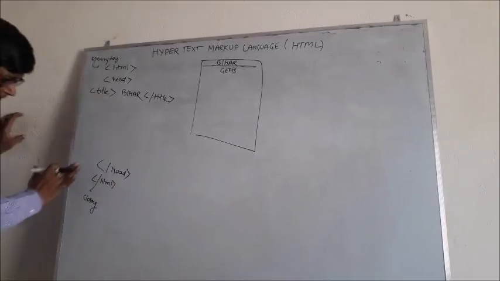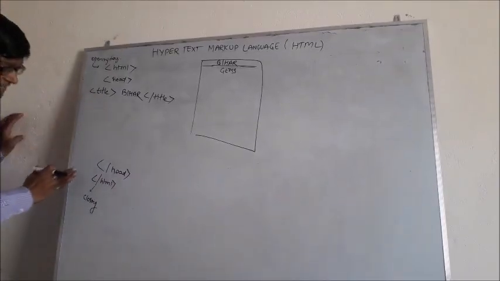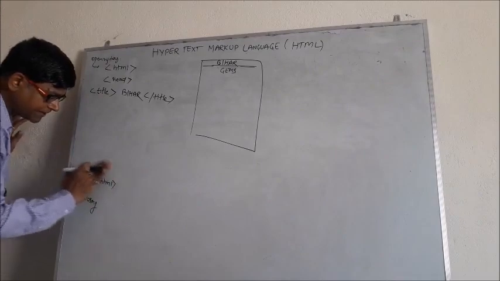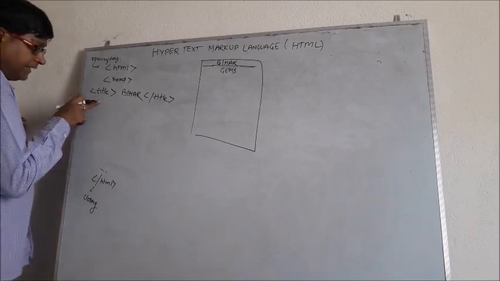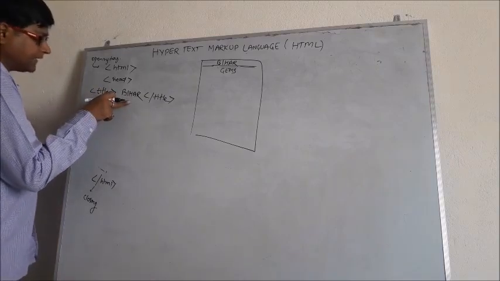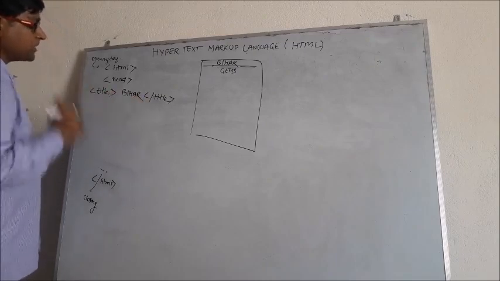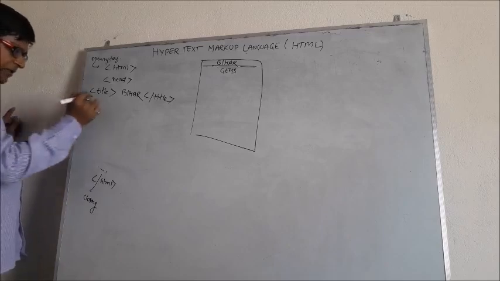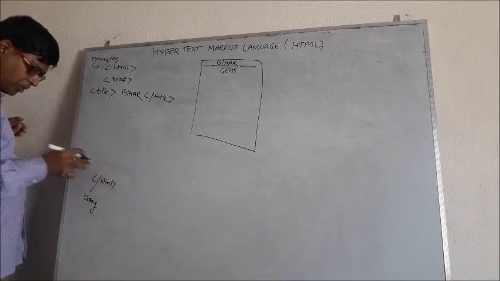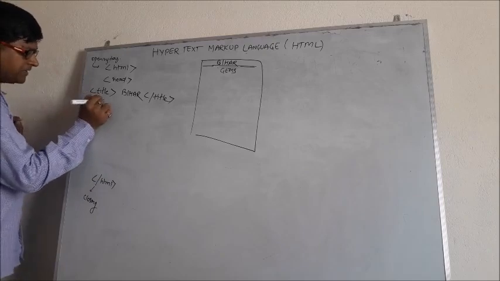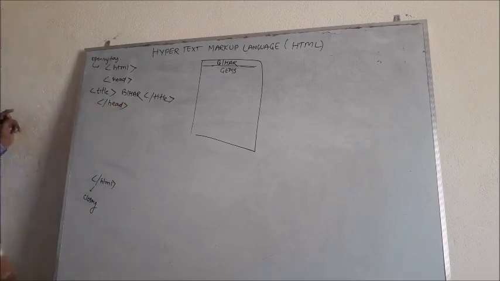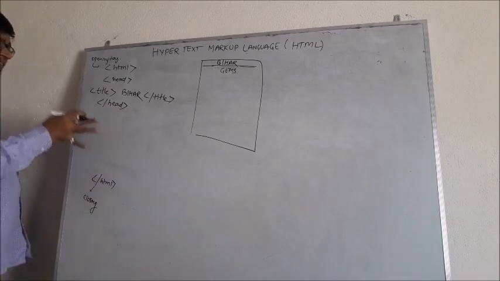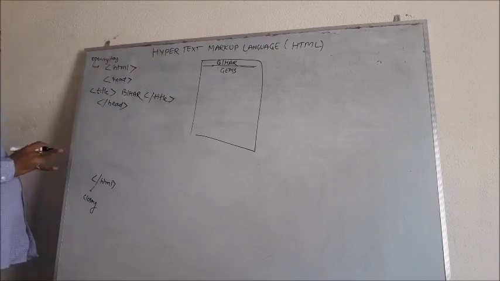Ready. So after giving the title, we can make a small correction here. When the title has started, we have given some name to the title, and once we have closed the title, here we can do one more thing. Instead of closing the head here, we can close the head here also. Why have I changed this? Because up to this point only we have used the title, right?